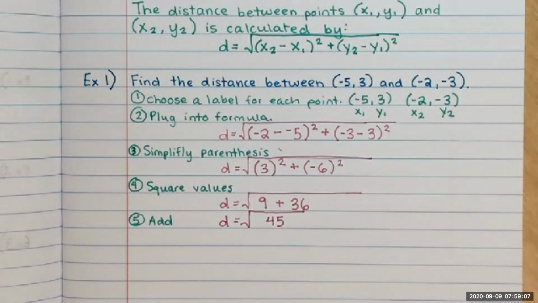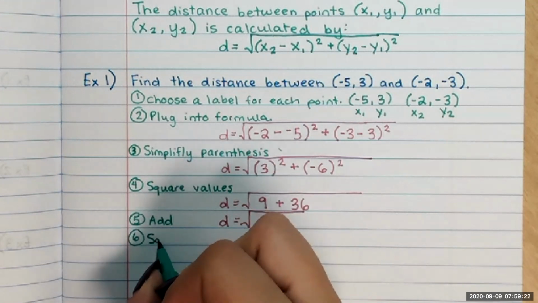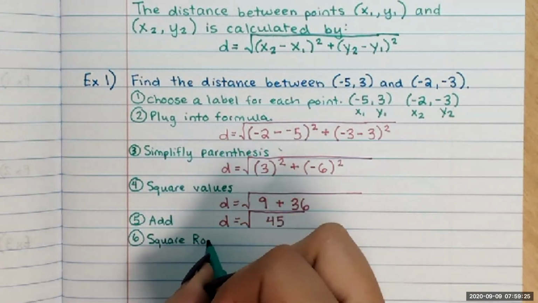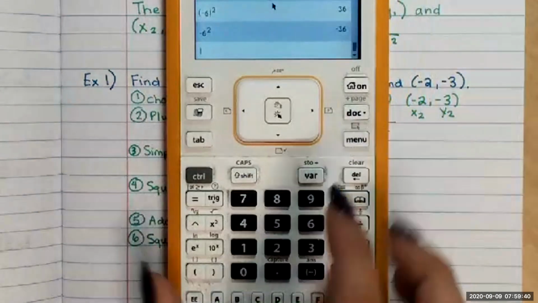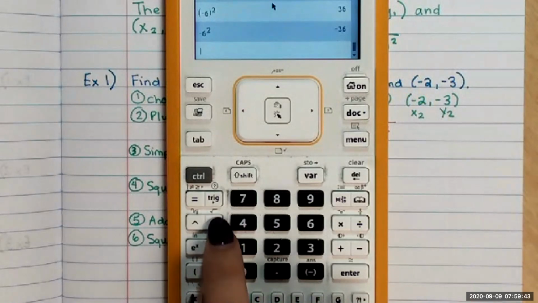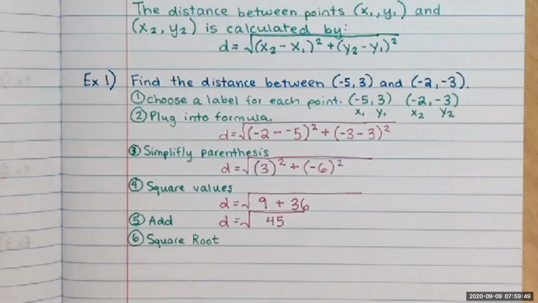And now some people prefer to leave their answer like this because it's the most exact form. There's no decimals. So the square root of 45 could be your answer. We're going to take it one step further, and we're actually going to do the square root. Now, in a calculator, if you have a scientific one, you can absolutely do that. So on one of these, the square root button is found up here, but I really doubt most of you have one of these calculators at home. So we're actually going to take a look at